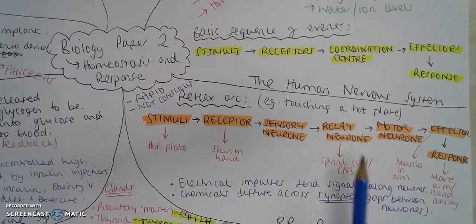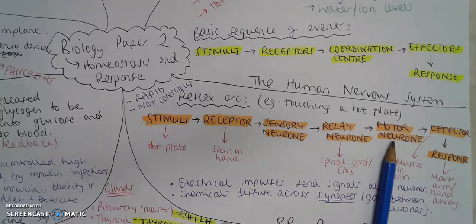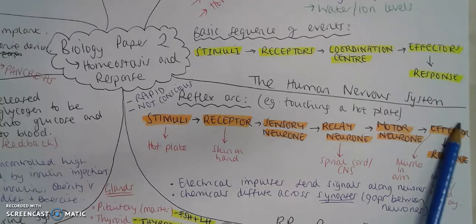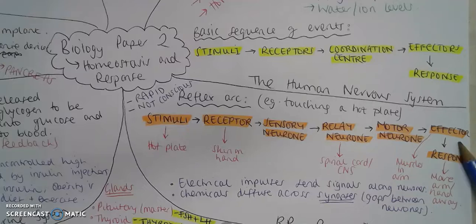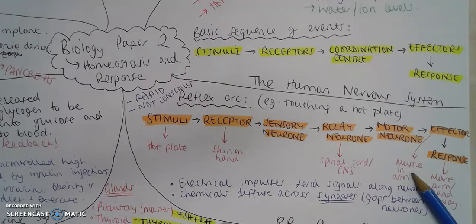Synapsing with that, they're going to send a signal down the motor neuron, which is then going to synapse with some effector cells, which would be muscles in the arm in this case. And those effector cells are going to bring about the response. So in this case, the muscles in the arm are going to either contract to move the hand away from